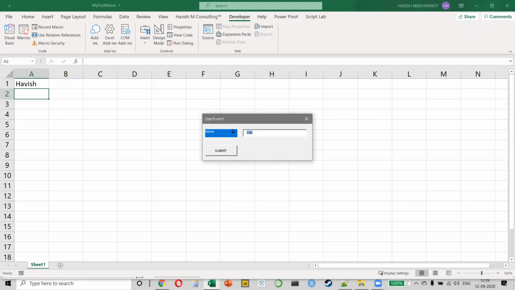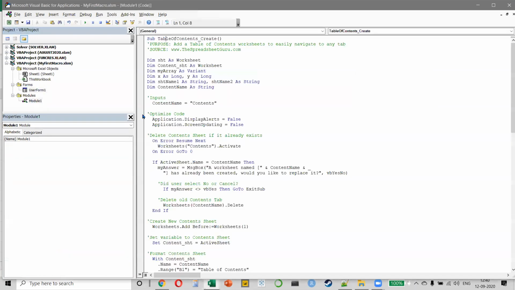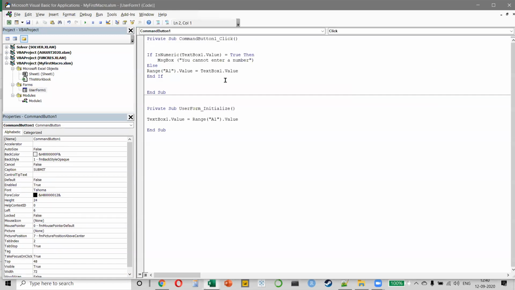See guys, whether you're working on Python, whether you're working on Java, whether you're working on the cloud, validation will always be required. In Google Forms, you can do this by clicking on a button, but when you're actually creating something using a language, you will have to write the code. Whether you're doing it on Excel or on any other language, it doesn't matter. Even if you're doing it in Java, these conditions will still have to be written like this, right?